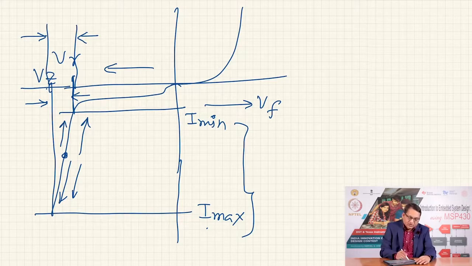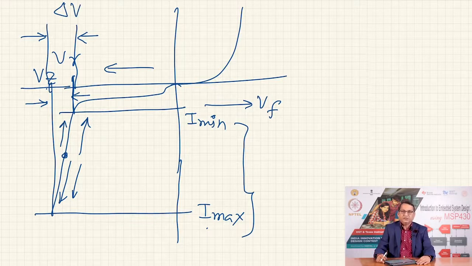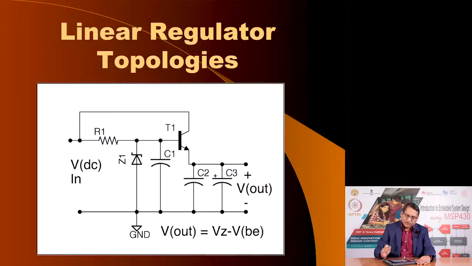Now, we would like to reduce this variation, which would lead to a bad specification, a bad voltage regulation feature of this power supply, and so we use an alternative mechanism. We use this Zener diode together with what we call a series pass transistor, in this case an emitter follower. Now, because the transistor has a current gain of beta, and the load is going to be